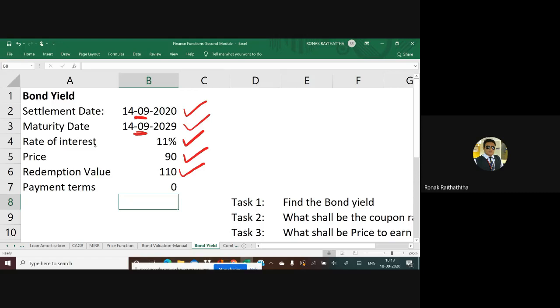And payment terms I will explain later on. Meanwhile, just in a couple of minutes, I hope all these terms are clear to you. Settlement date is the date on which the bonds are given to you. You have entered into a contract. Maturity date is the date when your contract will be over, when your agreement will be over, when the redemption will take place, when the life of the bond will be over. And at the time of redemption, you will be receiving your money back, which you had invested in the company. Rate of interest is the interest you get from the bond. Price is something on which you had invested.